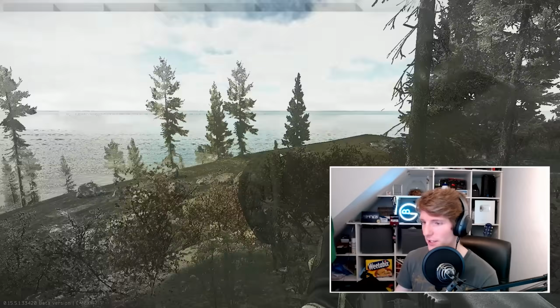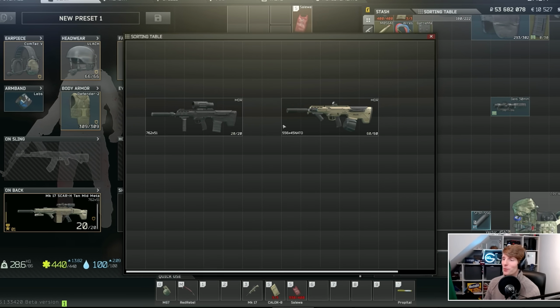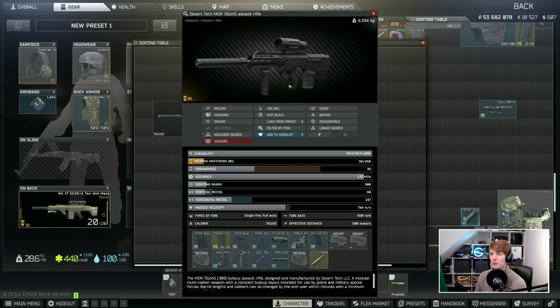A flare? Oh, it is a flare. I didn't even see. So let's bring them back into the workshop to see what's up. So we've got both of these guns back into the workshop to go and have a look. And we'll start looking at the black MDR first, because this one is a little bit more tasty than the